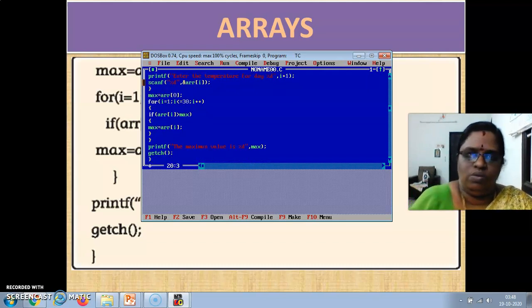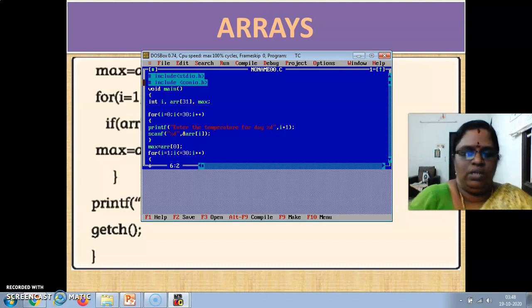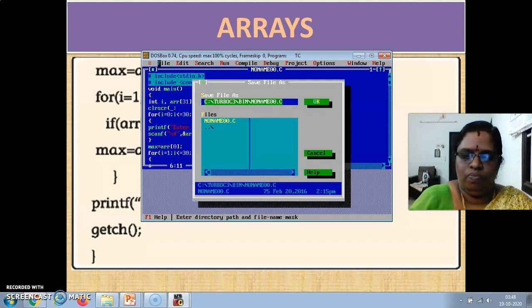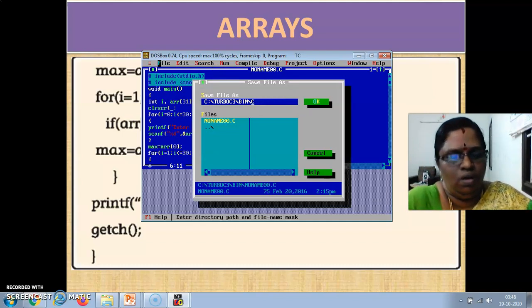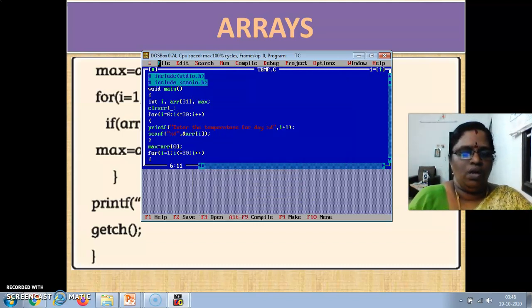getch, and want to close. And here after int, we can give clrscr, clear screen. We are going to save this as temp.c.